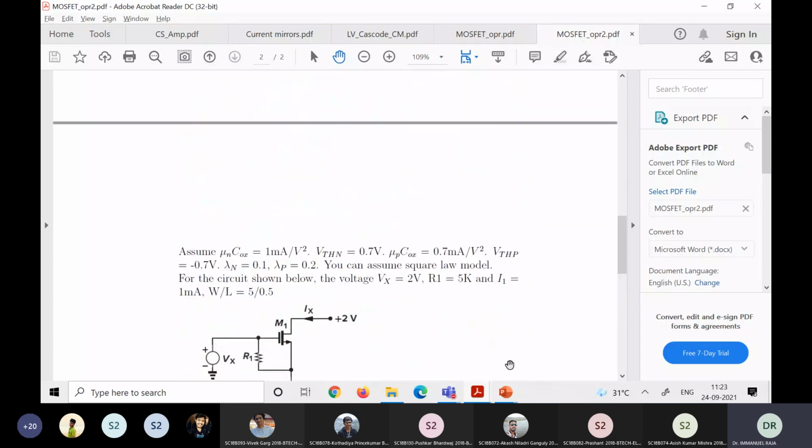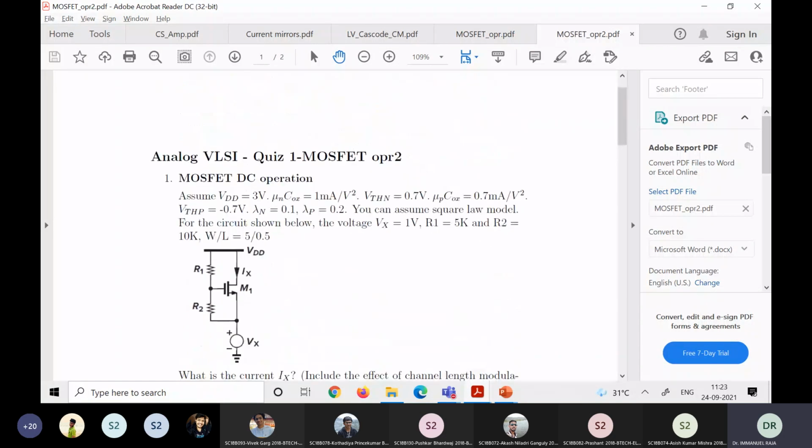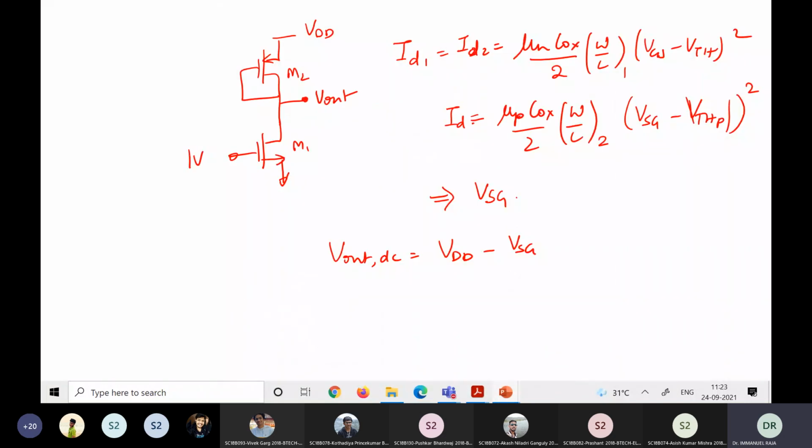In fact, I had given one representative problem of this in the assignment, and the assignment was a little more difficult because they had asked to trace what happens as Vx changes and things like that. I had taken it from Razavi only. But I thought for the exam, I will not give such a tough one. I'll just give one value of Vx and ask you to solve it. So please do take the practice problems a little seriously, because if you had done that, you would have written those combined equations, and that would help you guys.